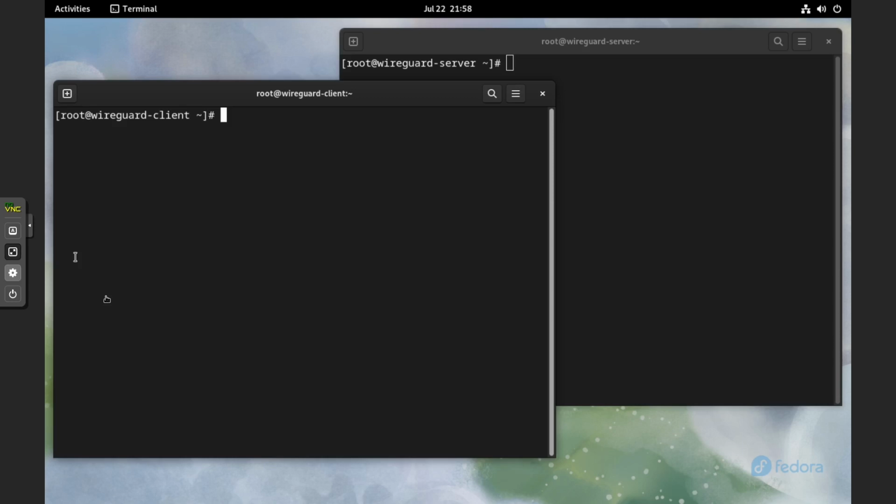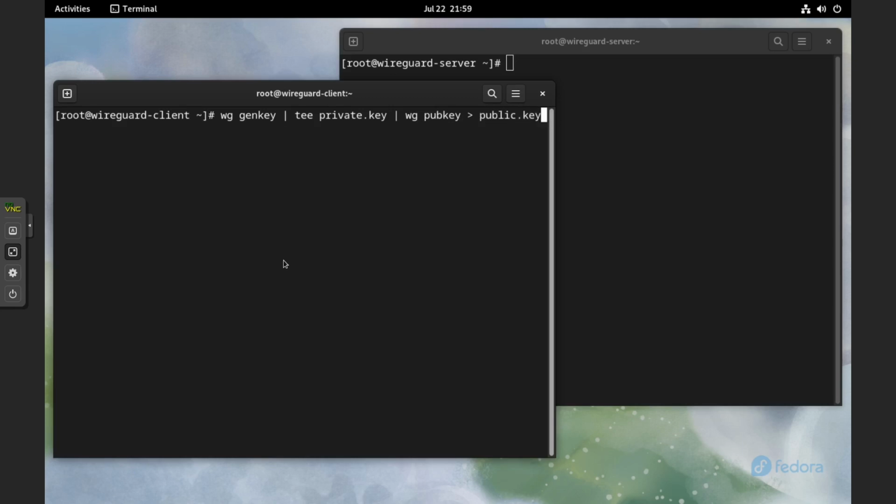Next, we're going to generate the key pairs for both the client and the server. I've already cleared the screen, so that way the results of DNF are gone. So to create our key pairs, we're going to use the wg genkey command. We're going to pipe that to tee, not tell, but tee, and output it to a file called private.key, if I can spell that right. It's tough to speak and type at the same time. Since we use the tee command, there's still going to be standard output. So we're going to pipe that to wg pubkey, and then output that to a file called